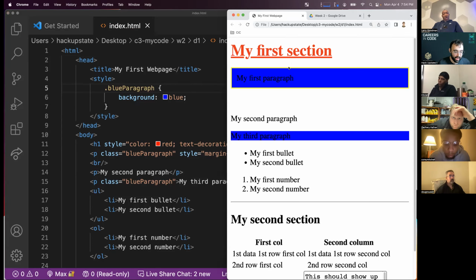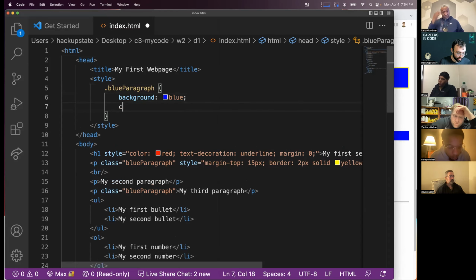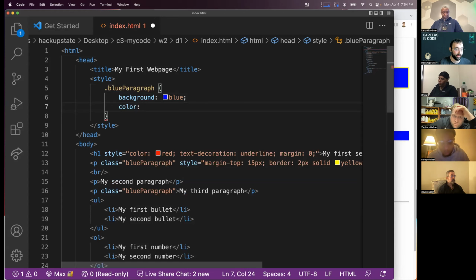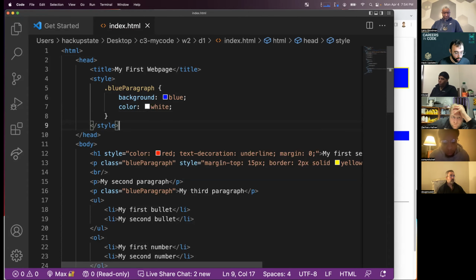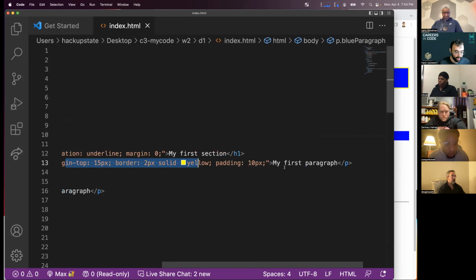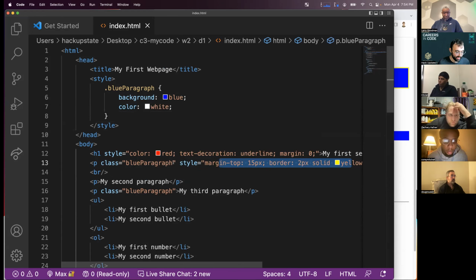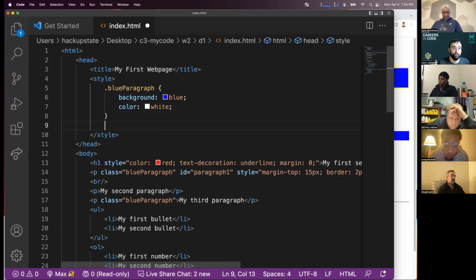And when I refresh, I've got my first paragraph going on, I've got my second paragraph, and I've got my third paragraph. Now that may be hard to read, so we can just start chaining our attributes here. We can say our color is going to be white, and refresh, and we get that. Now if we really wanted to get going, we could say, well, this margin top, the border, all of that, I would still like to apply to my first paragraph. So at this point, we can mix and match. We can say, hey, we want a class on that and an ID on that, and we're going to still call this paragraph 1. And down here, I'm going to use my hashtag as the selector because it's matching an